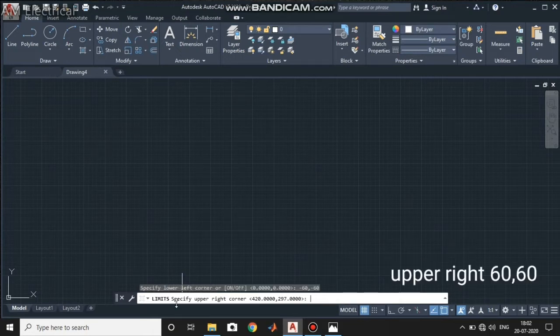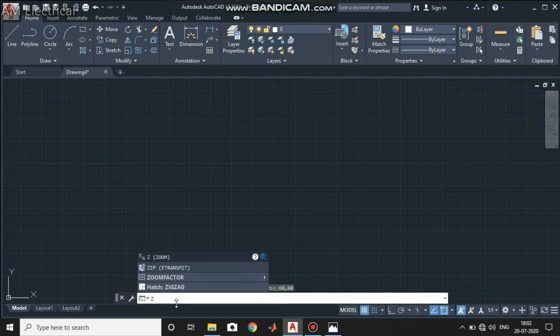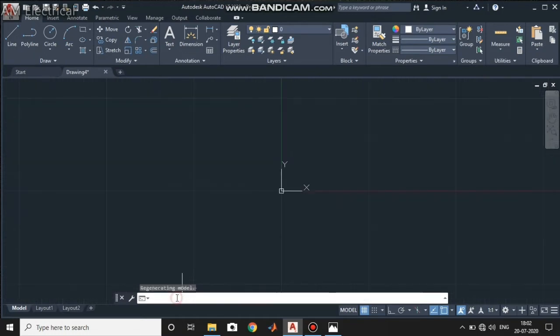And for the upper right, I will select 60 comma 60. Enter, give a zoom all.